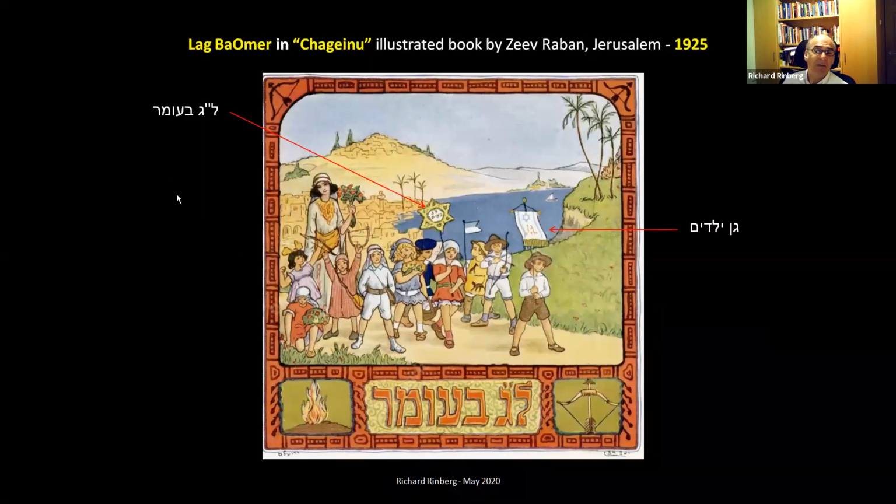And here we have, for Lag BaOmer, in that book, this illustration. And there it says Gan Yeladim, difficult for you to read, but with a magnifying glass, you can read it clearly in the original. Lag BaOmer here, the teacher taking all the kids. You can see how beautifully dressed they are in costume of the time, a little bit more like a local, perhaps more British mandate here in the dress. My father had an outfit like this back in these sorts of years, collecting flowers up near Tiveria, going to Har Miron perhaps. You've got the bow and arrow, the fire, right?